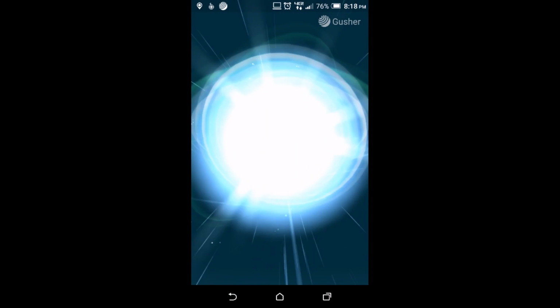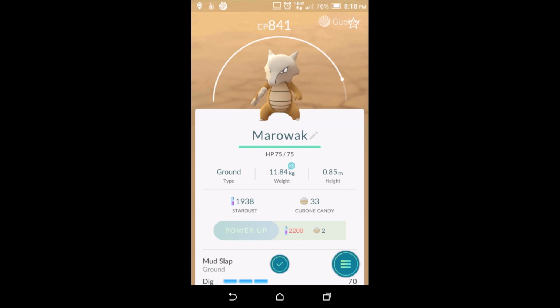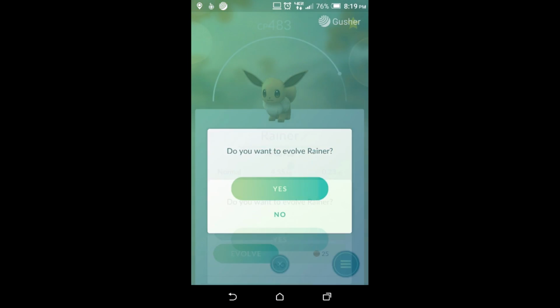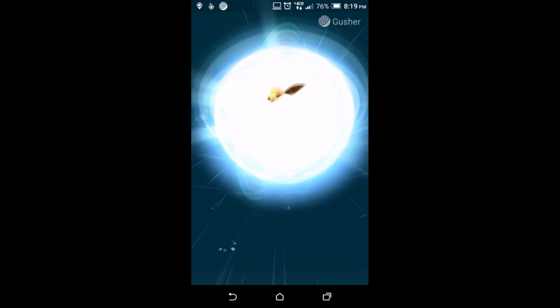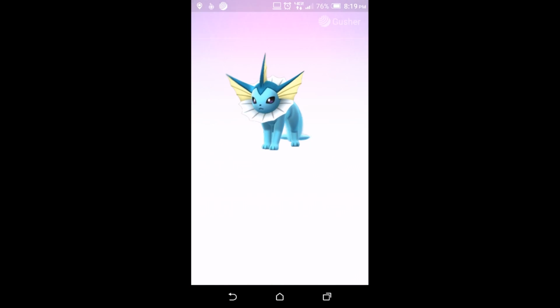This can also be a little bit of a time saver, since due to the time it takes for the animation each time you evolve one of the Pokemon, you'll want to be able to get through your list as quickly as possible and evolve as many as you can within that 30-minute timer, because you're going to lose a lot of time to that